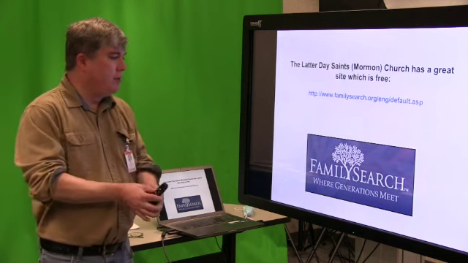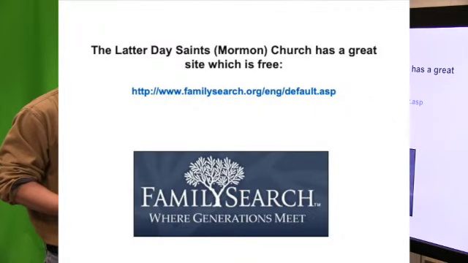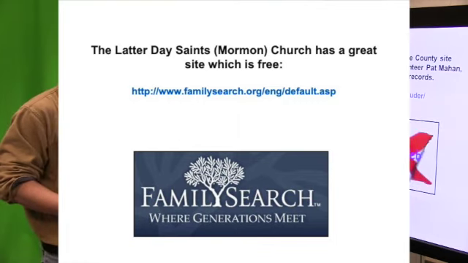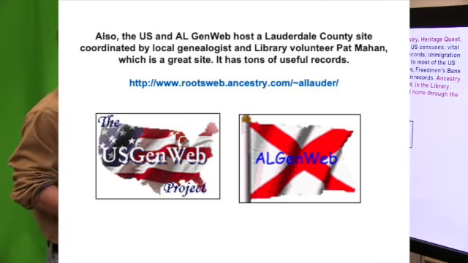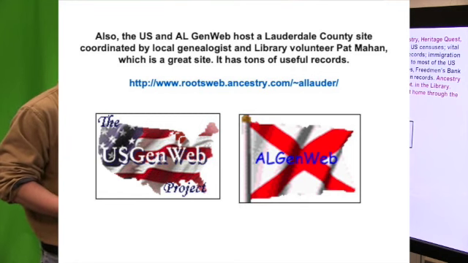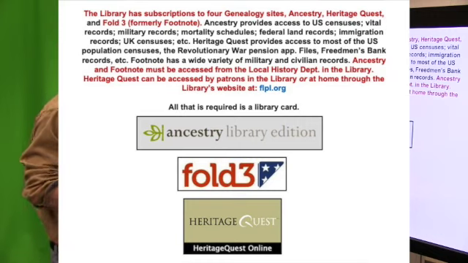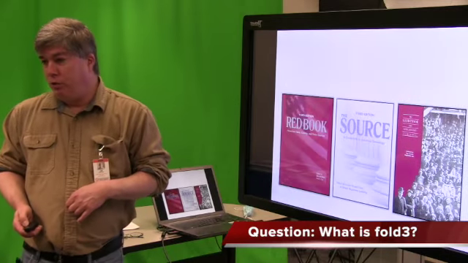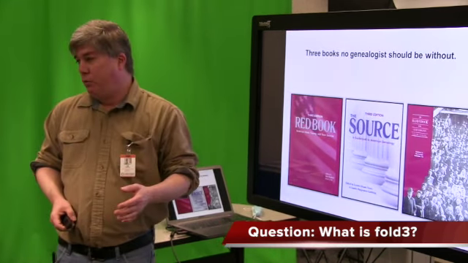Well, we're going to talk about some of the good online resources that you can access at the library and FamilySearch you can do from home. The library has subscription services to several of these. These are free sites, which are really good, and they'll be in the handout of good free genealogy sites. Then the library has subscriptions to these. Let's see if I didn't put newspapers.com on there, but we've also got a newspapers.com subscription that we will be talking about later. I'm not familiar with that program, Greenwood. It's really good for military service records and records that have to do with the military. They got a really good Civil War collection.